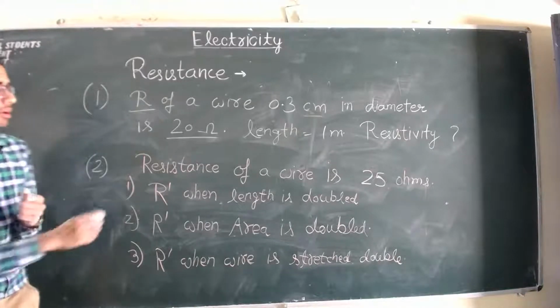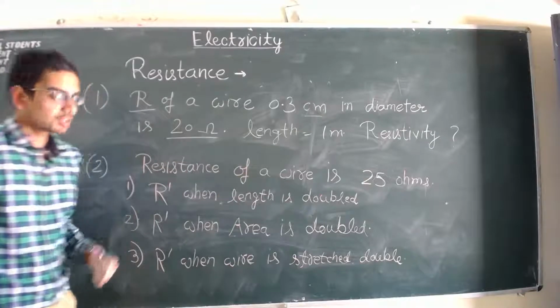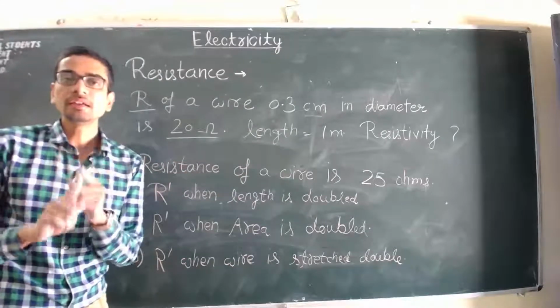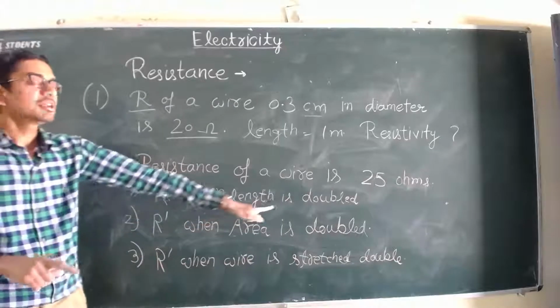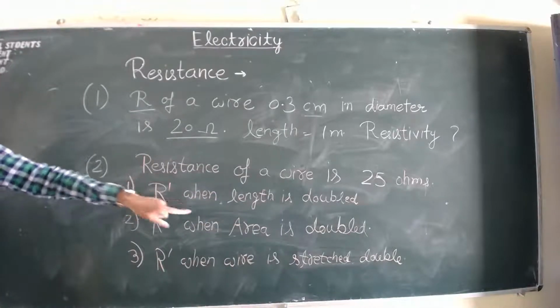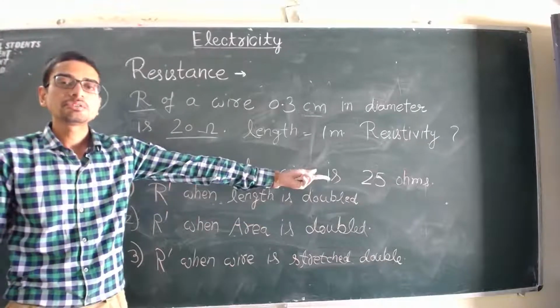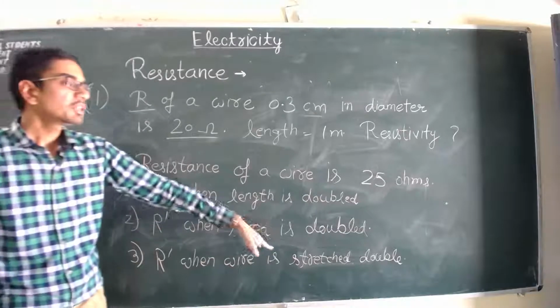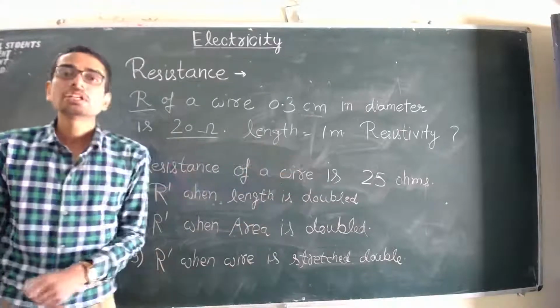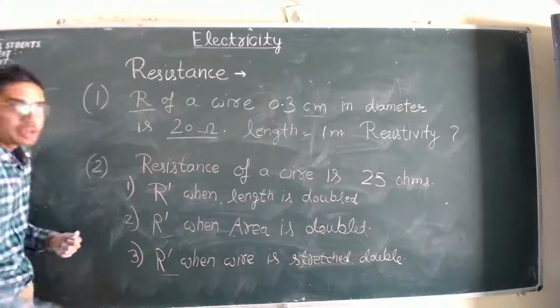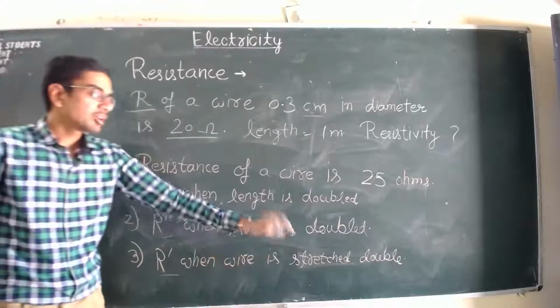कैसे करोगे इस क्वेश्चन को? रेजिस्टेंस 25 ओम्स है, आपको पता है रेजिस्टेंस डिपेंड्स ऑन लेंथ एंड एरिया आल्सो, ठीक है। सो लेंथ डबल होगी तो रेजिस्टेंस की नई वैल्यू क्या होगी, बिकॉज़ लेंथ डबल होती है तो रेजिस्टेंस भी डबल हो जाता है। सो बाय फार्मूला यू हैव टू फाइंड आउट, एरिया डबल होता है तो क्या होता है, रेजिस्टेंस आधा हो जाता है, तो रेजिस्टेंस की वैल्यू आप निकालोगे।